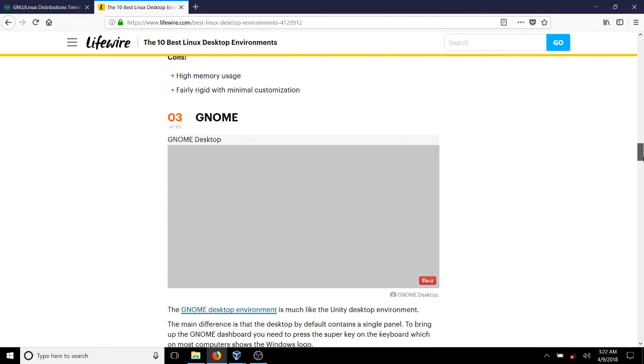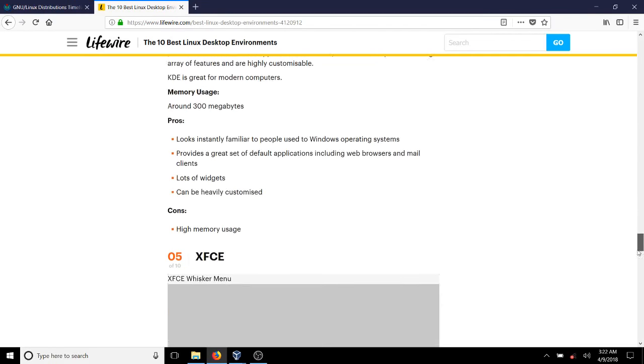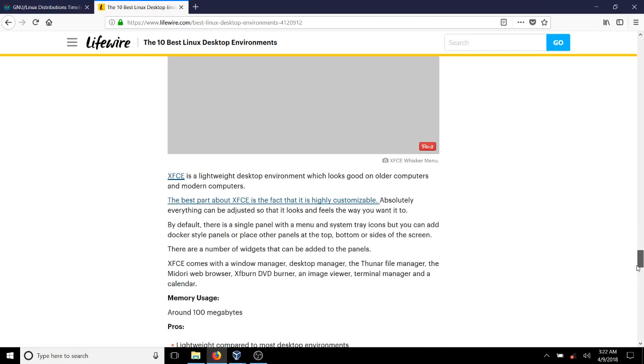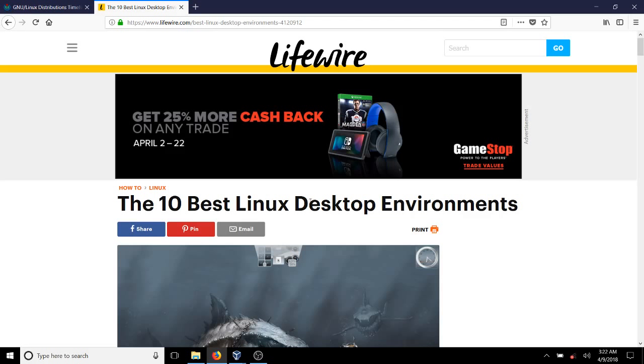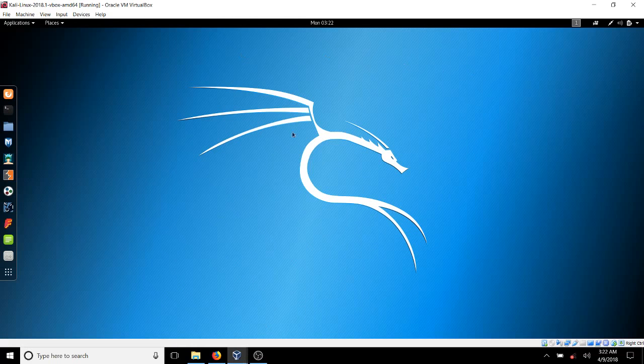Unity, GNOME, KDE, XFCE, LXDE, and my favorite is a version called MATE. Now, Kali Linux by default ships with a GNOME desktop environment, and in CST 630, Kali Linux is using a KDE environment. I am using, this is GNOME,